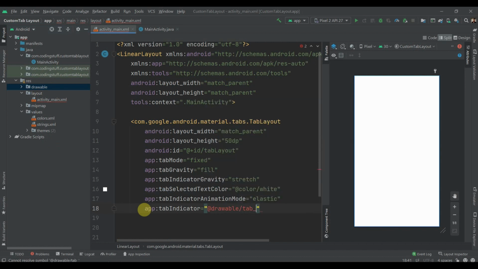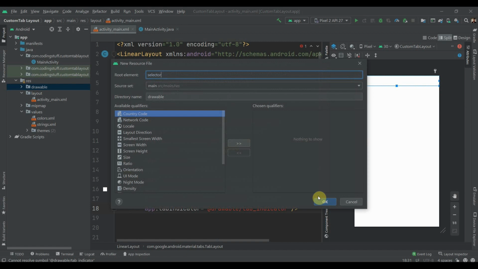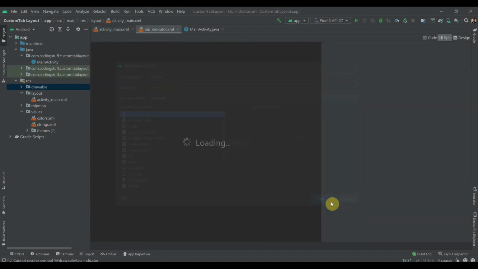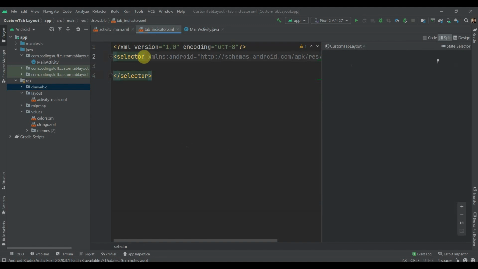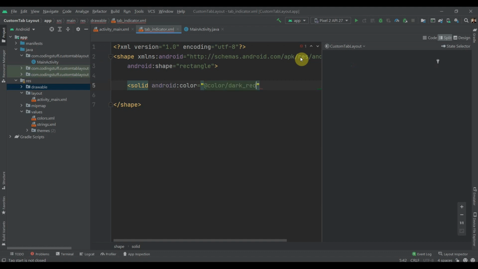we'll create our own drawable, so tab indicator. Then click on the right bulb, create a drawable resource file and selector. Okay, so instead of selector, we'll have shape here. So at first, let's provide it a shape. So go up here, shape of rectangle, and then we'll set solid color to it. So solid and color, this will be dark red,